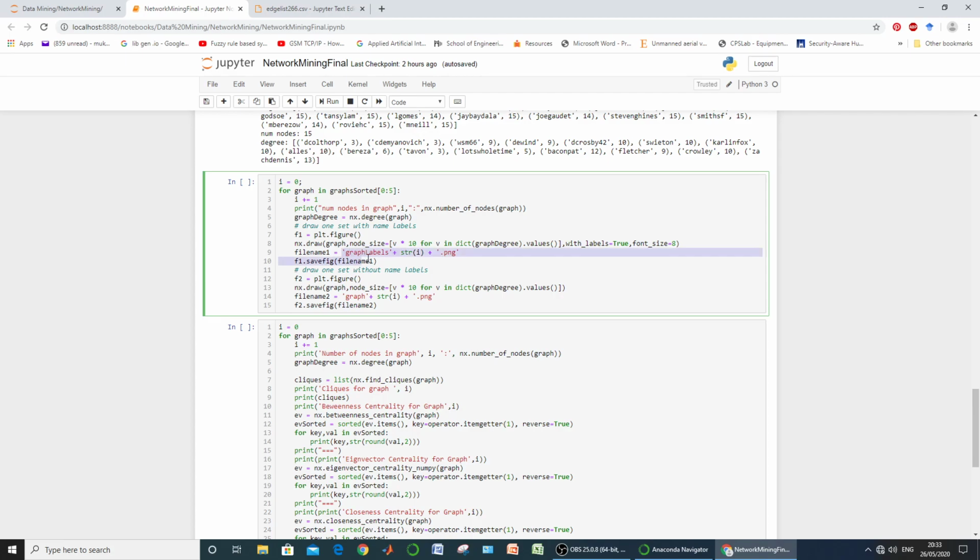So this all forms a string which will act as the name of the file wherein the image which was just drawn is going to be stored. The next is f1.savefig, with the name equal to file1.